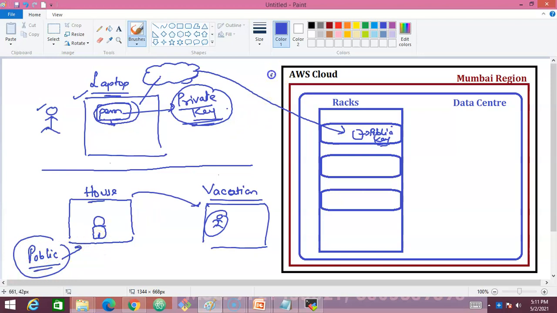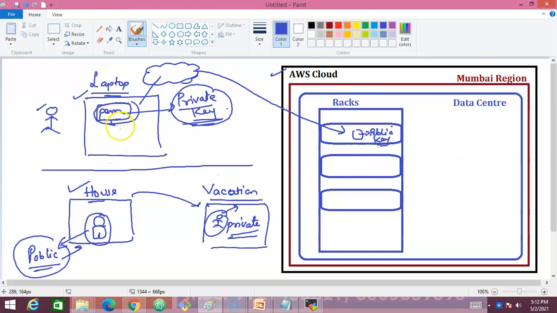So that's what the AWS cloud is all about. AWS cloud is public, anybody can make use of the AWS public cloud. But in this public cloud, whoever is having the private key will only be able to enter into the house. So the key is getting exposed to everybody, which is a public key. So your house has got a public key, and you will be having the private key. So always remember, you will be having the private key and your server will have the public key.